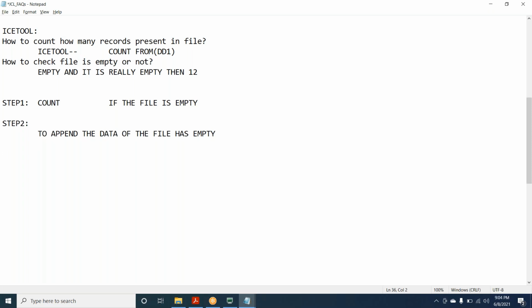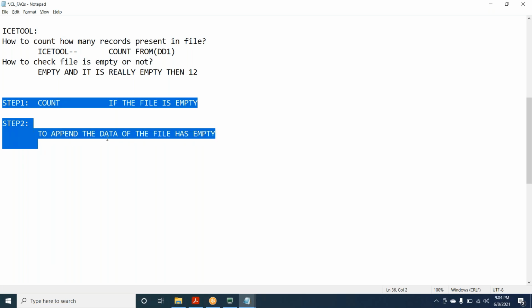If not empty, then I'll do some operation. So hence I have to go with empty, no empty. If I put empty, it will give a return code. Based on that, I will do some condition parameter. I did not explain this, but whoever knows JCL condition parameter can understand. But if not, please wait or ignore this particular explanation. You will understand this only when you know JCL COND parameter.